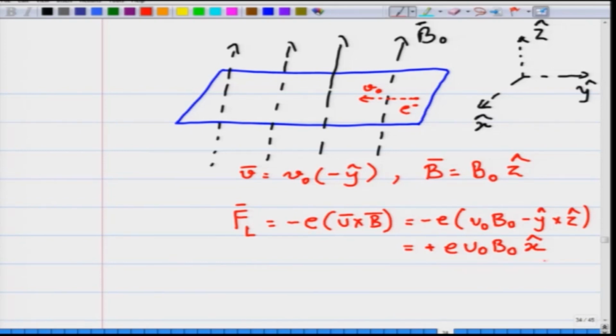So, what you get is a force which is acting along the x cap direction, and as a result of this force, what will happen? The electrons will start getting deflected, because there is this Lorentz force which is acting along the x cap direction. The electrons will start getting deflected along this side, and there will be a build up of electrons along this edge of the metal, which I am showing as these negative signs, because the electrons are building up on this side, and because the electrons are drifting away from that part, you are leaving back positive charges on this end,